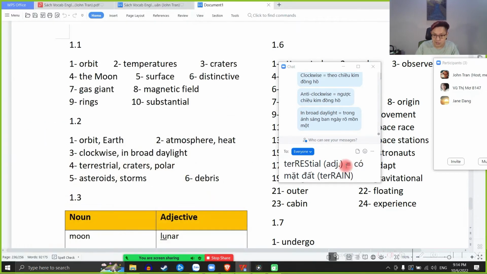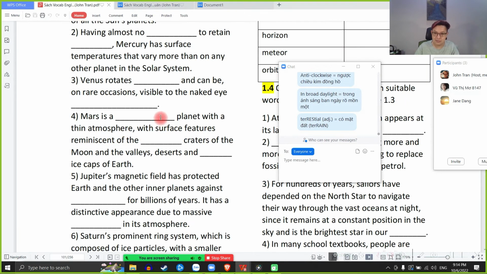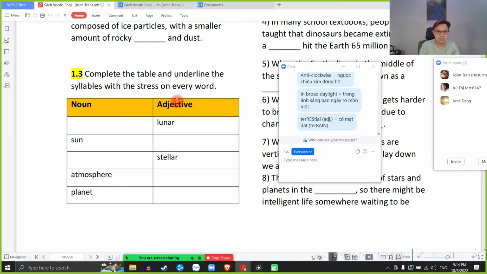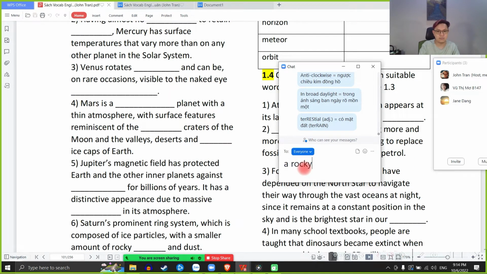So the word terrestrial is related to word terrain. Nó liên quan cái chữ mặt đất. Terrestrial Planets. Sao Hỏa nó là một cái hành tinh mà có đất, đá đàng hoàng. It's a terrestrial planet with a thin atmosphere, so it is a rocky planet. Hành tinh đá, rocky planet. A terrestrial planet. Một hành tinh có đất đá đàng hoàng với một cái bầu khí quyển rất là mỏng,